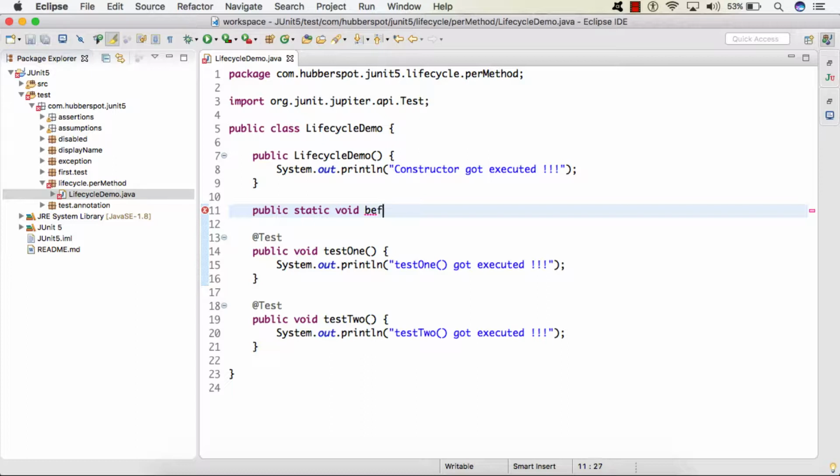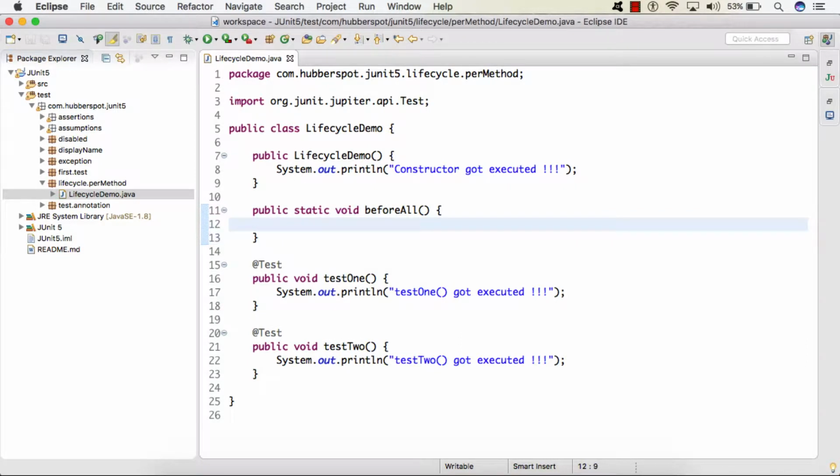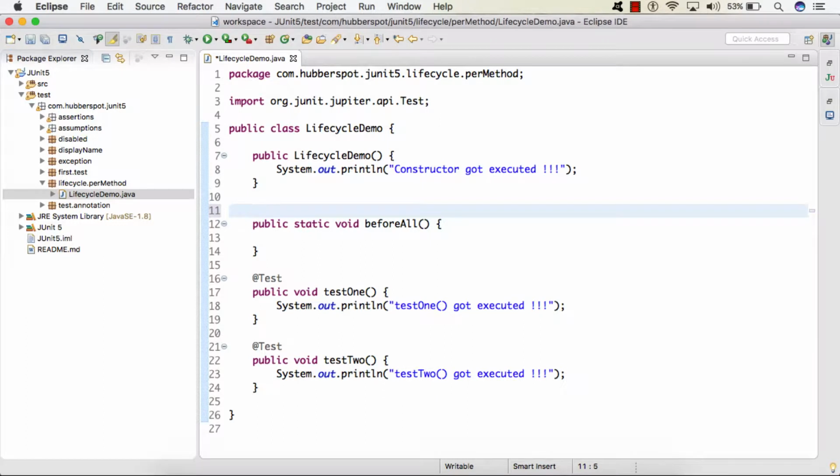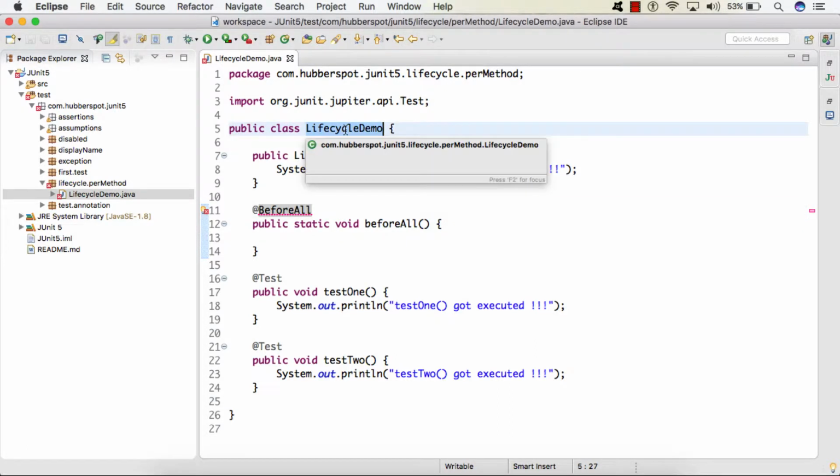For the time being I have given it beforeAll. And also friends, in the last lecture we discussed that we provide the @BeforeAll annotation on static methods because they get executed even before the instance of the test class is created.